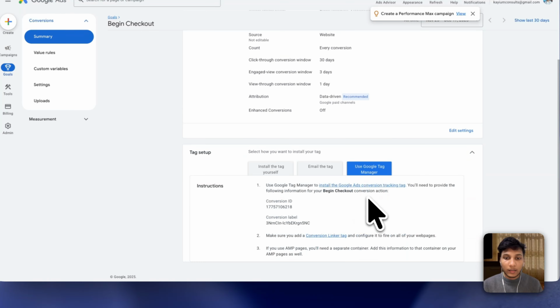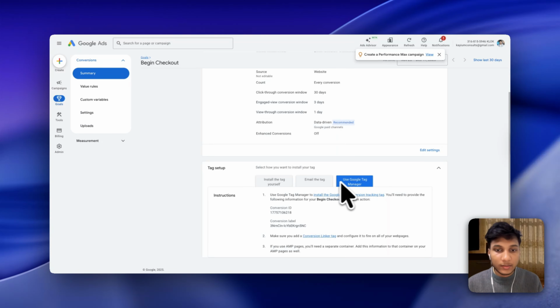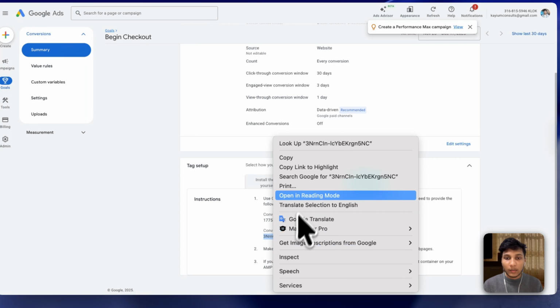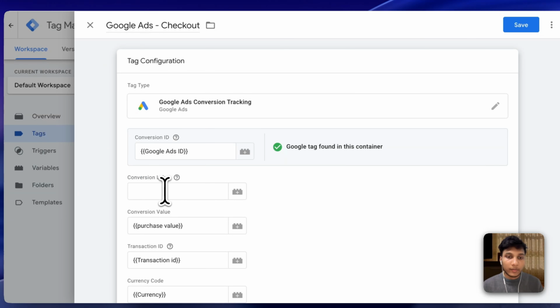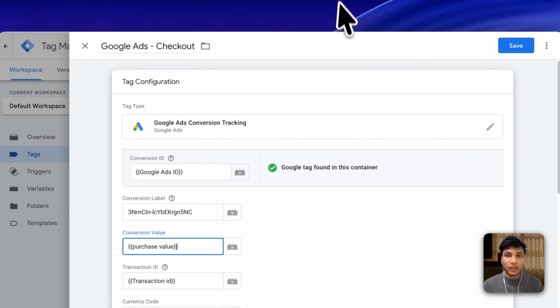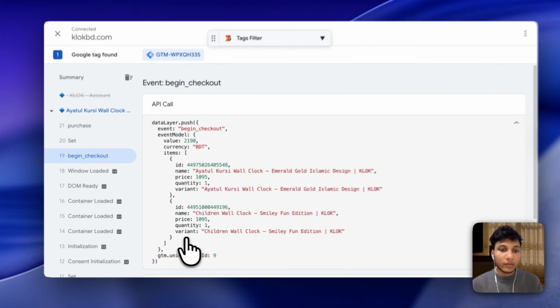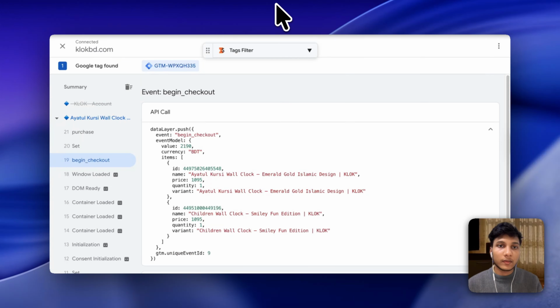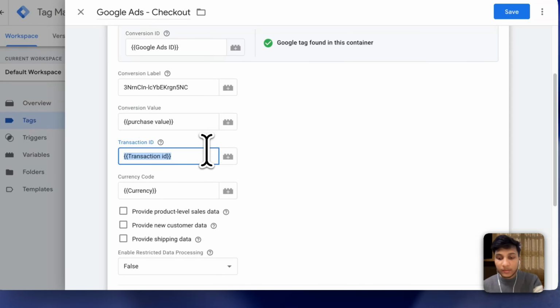And here I find the option called "same." We have to click in here again, use Google Tag Manager, and then copy this conversion label. Once I go back to Google Tag Manager, I have to paste it in the conversion label. And if I go back to begin checkout, you can see in begin checkout we do not have any transaction IDs, so we have to copy this transaction ID from here and remove the transaction ID from here,